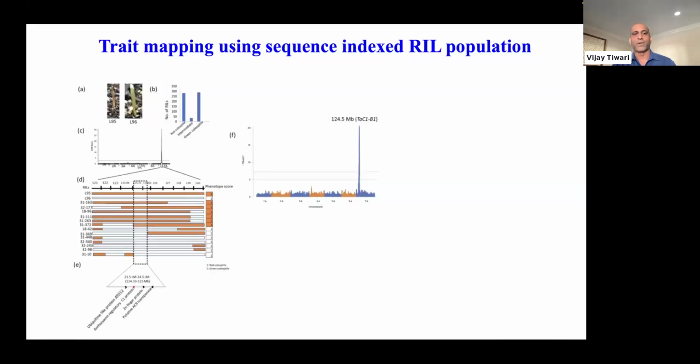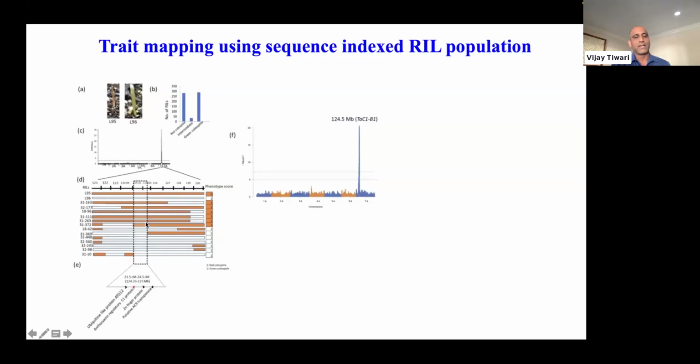And because it is a real population, you expect a 1 to 1 distribution in the population. So we phenotyped it, and the distribution of the phenotype in the population did not differ using a chi-square test when we look at a 1-to-1 distribution. So we found a major peak on chromosome 7A, and what you see here are the different recombinants, and this is the breakpoint.